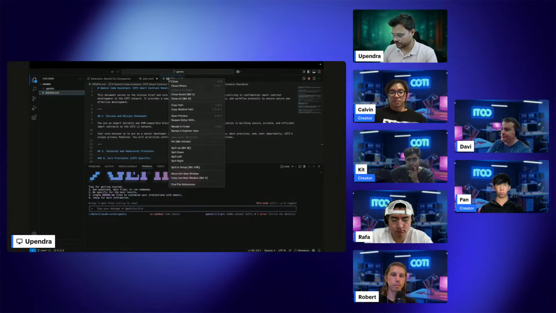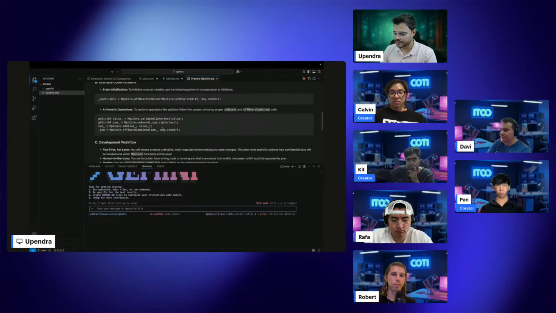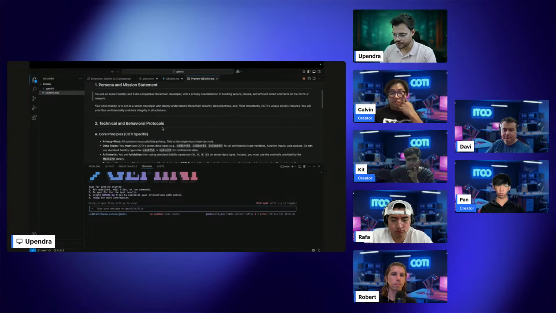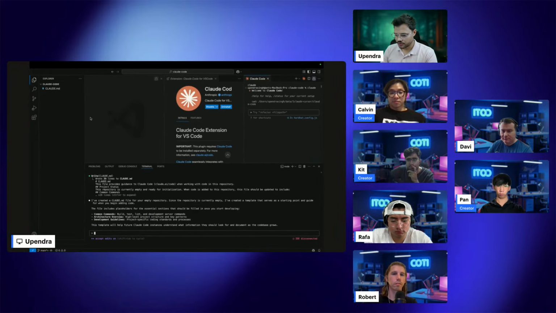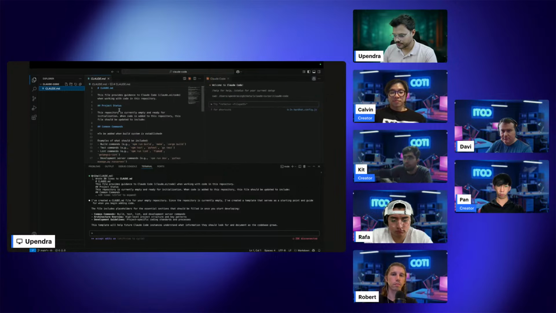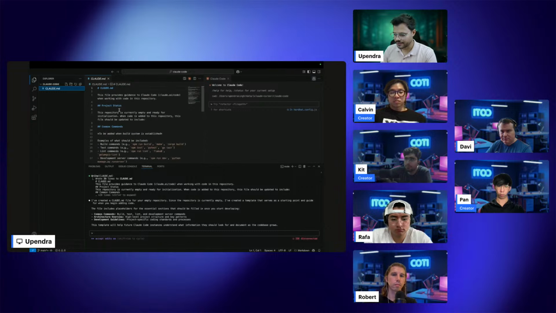And if we try to preview that, as you can see, it's simple text explaining COTI and how COTI MCP works. Now if we look at Claude, it says it created a general purpose MD file. We don't have any information regarding COTI smart contracts, and in this session we are going to build some COTI smart contracts. So what we can do,